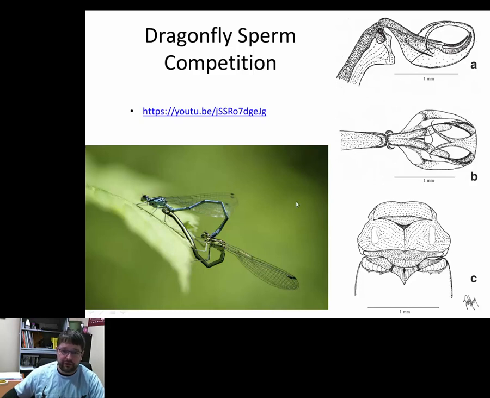The male actually has the ability to insert his penis inside the female, and this is the female's reproductive organ. She has two sperm ducts, or sperm sacs, where she can store sperm. That male can take his penis and scrape the sperm that she's stored inside of her out, and then inject his own sperm in. We're going to watch a little video that shows this in action.